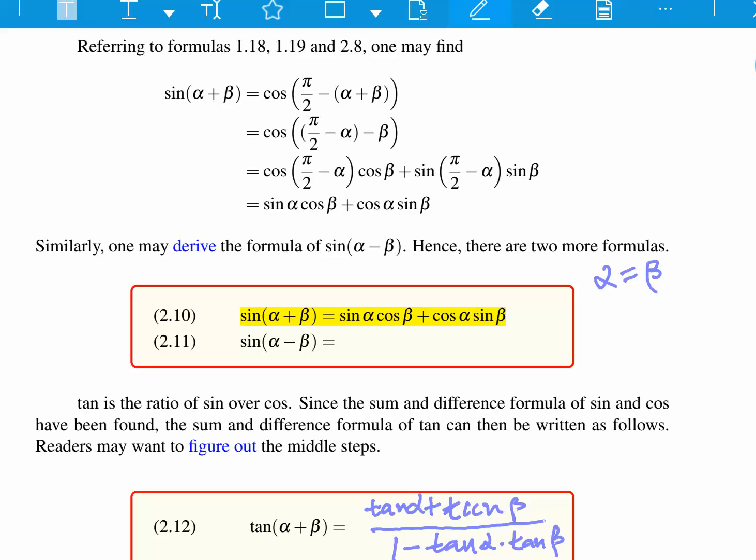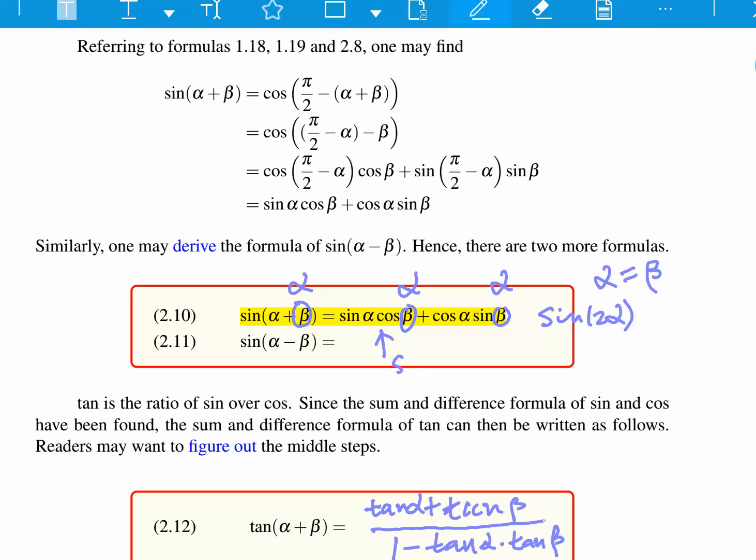This place is alpha, this place is alpha, and this place is alpha. So this alpha plus the alpha here, we then have sine 2 alpha, and then this beta is replaced by alpha, so you have a sine alpha